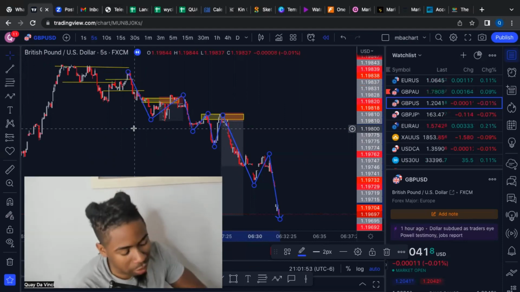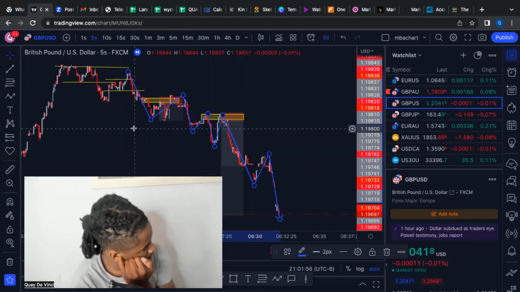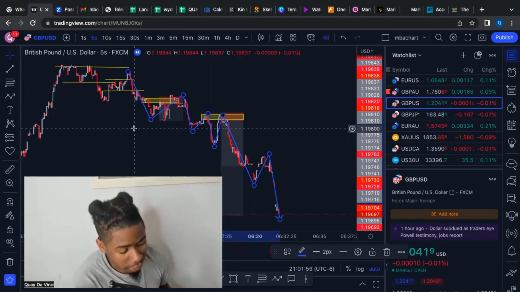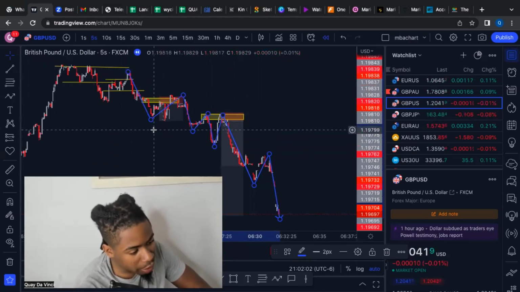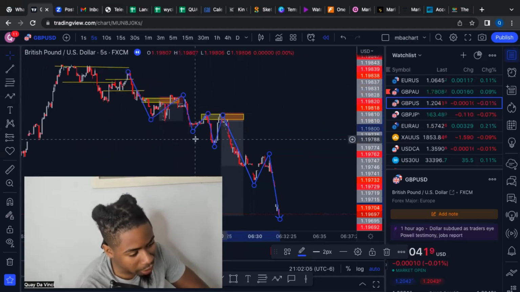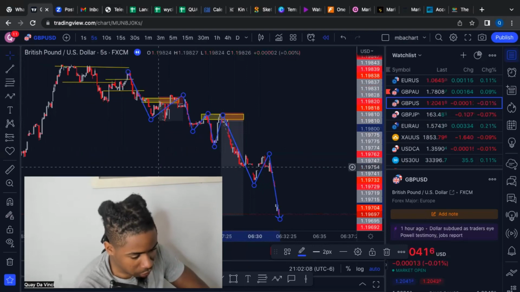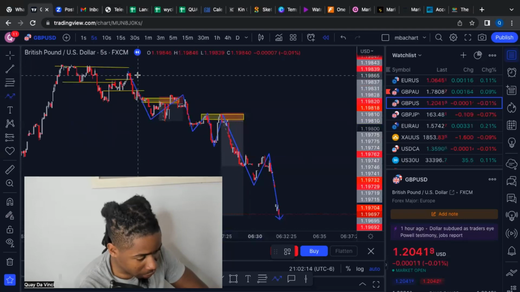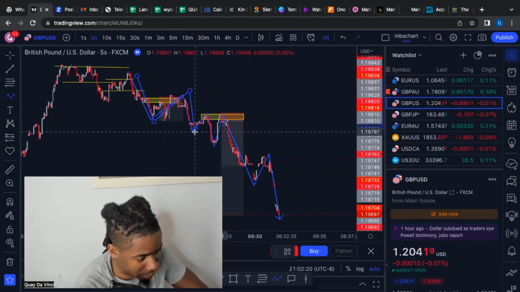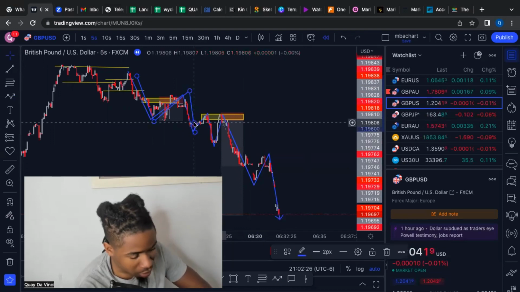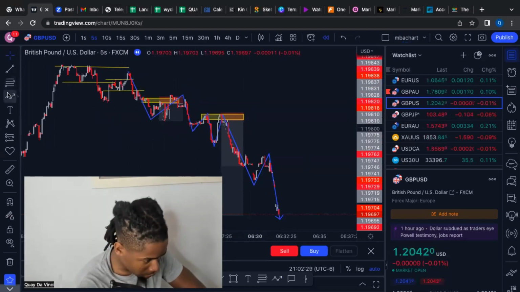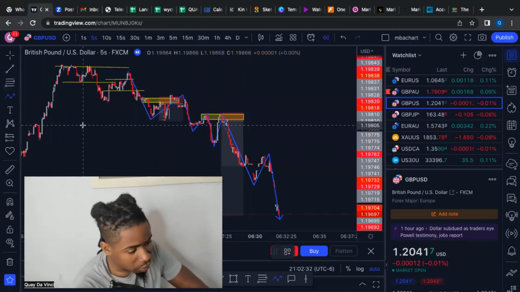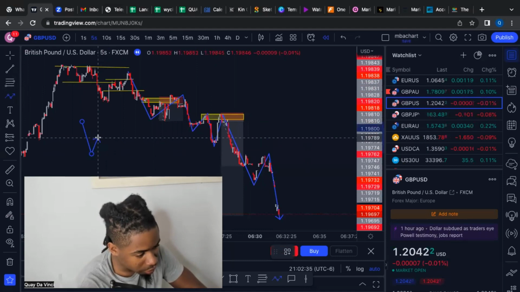Right? So what do we understand? What am I about to explain here? First things first, the first break or the second break. To me personally, with the first break or the second break, right? So if price breaks that first time and that second time, I'll look for a trade. Matter of fact, let me just draw this right here. I already drew it right here. So if price breaks one, two,